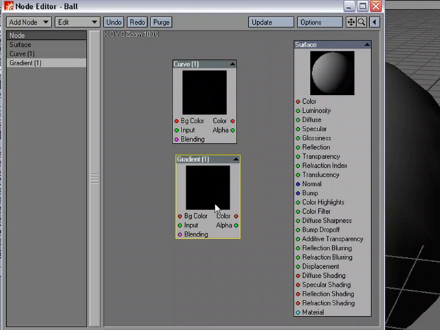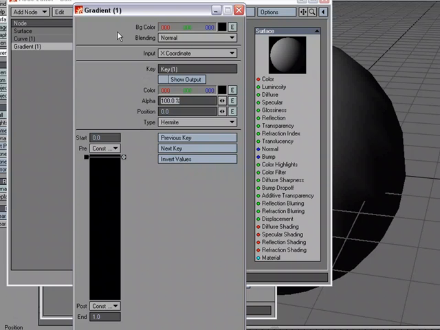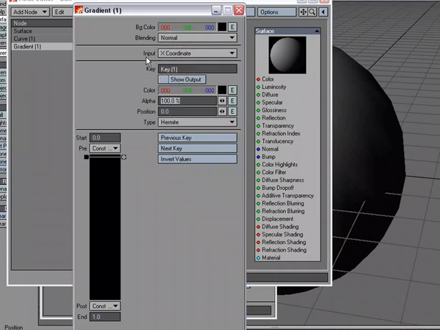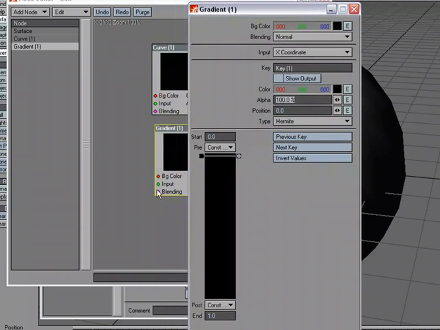And let's take a quick look at the gradient node, and then we'll take a look at the curve node, just so we can see that a lot of the attributes are the same. So I'm going to hop over to the gradient options, and we can see that we've got a background color, and we've got an envelope for that background color. We've got blending modes that we can choose. We've got an input parameter list that we can choose from, and of course the input parameter is right here